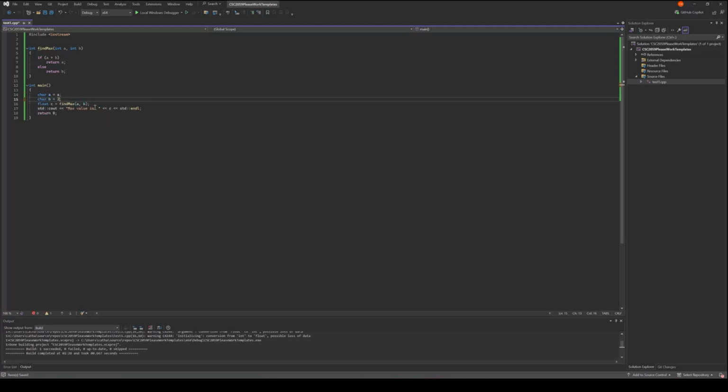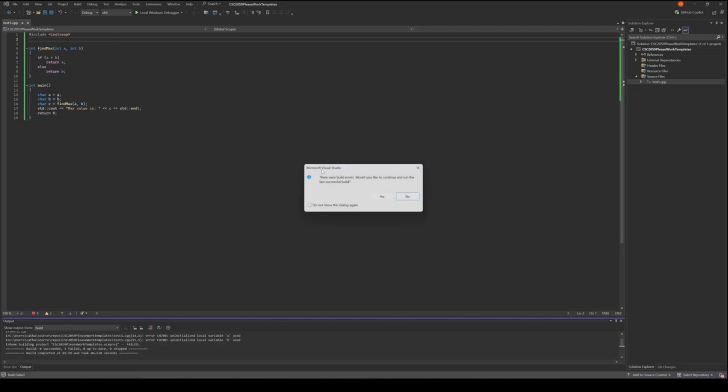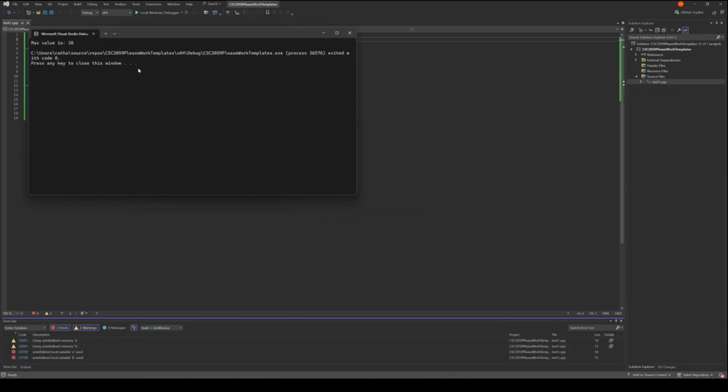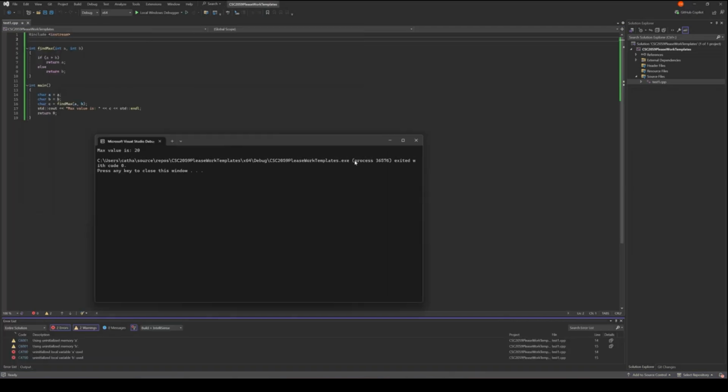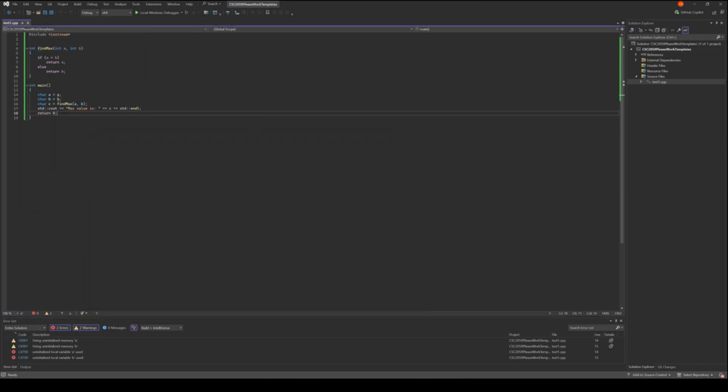And if we use, I don't know, char a is equal to a and char b is equal to b, we just say char c is equal to find max. We should see that there is actually a build error here, and you can see this isn't what we want at all. So rather than specifying a type here,